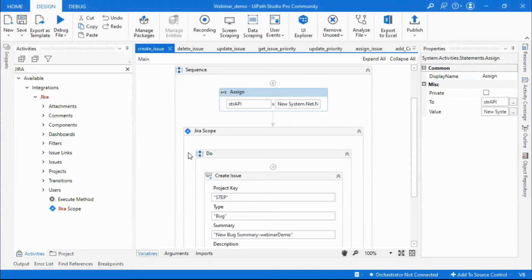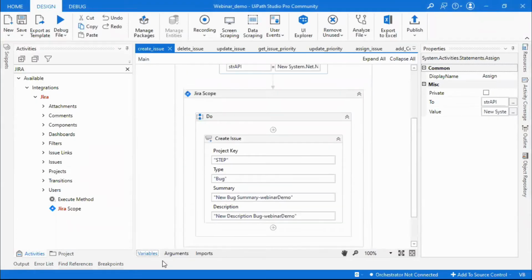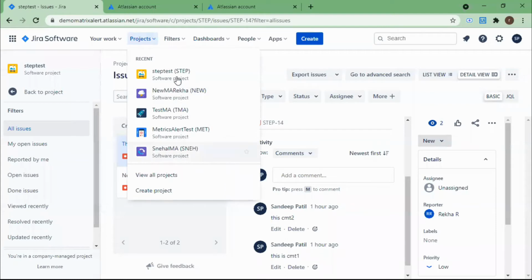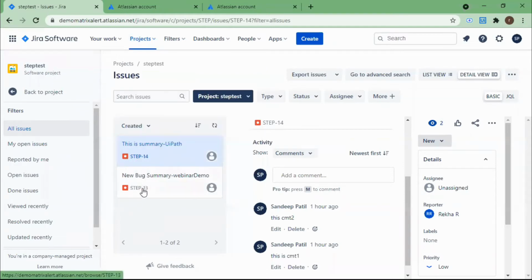So the first use case will create an issue. An issue may be anything, like a bug, a test case, a user story, or a task. So here I am creating a bug issue. For creating the issue, we should provide the following details. Project key. What is project key? So I'll show here. You can see in the project section, you have so many projects, and within the brackets, whatever is there is the project key. So it is telling UiPath to create the issue with that prefix on it.